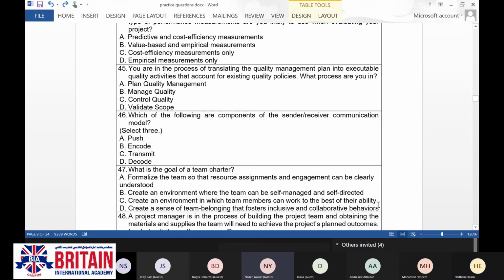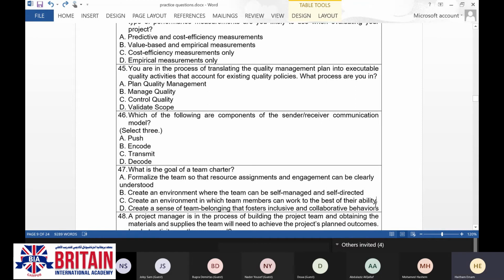It is like ground rules. It's not only the ground rules. It's also the way of communication between the team. It's also defining the roles and responsibilities between the team.